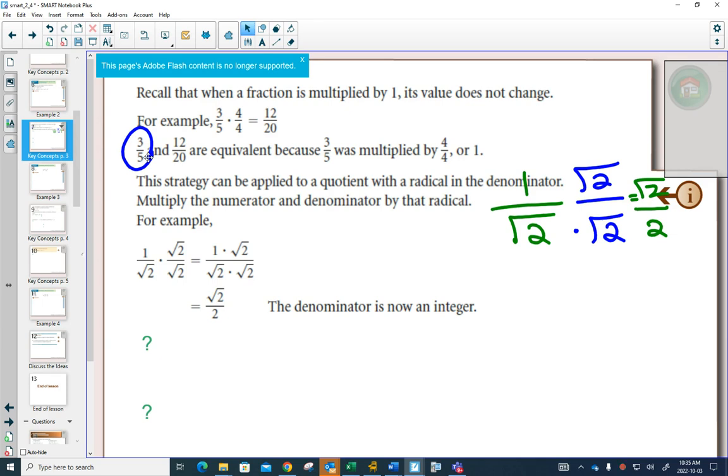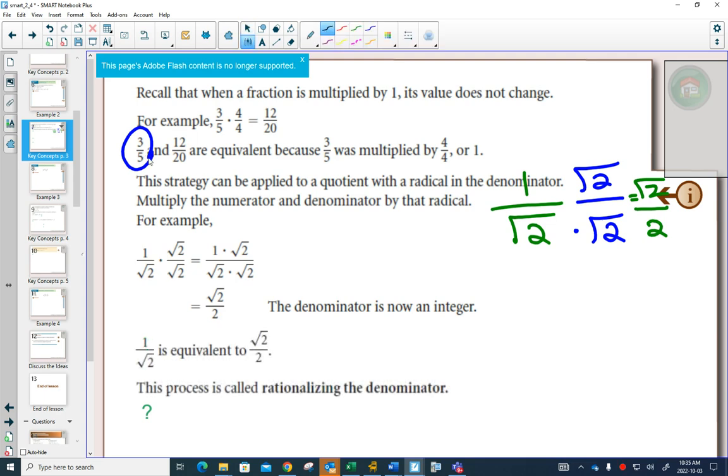Technically today, you can type 1 divided by square root of 2 into your calculator. You can type the square root of 2 over 2 into your calculator and get an answer just as fast either way. Okay? But we still have this idea present in math that we always want to have the denominator be a whole number, and we call this rationalizing the denominator, which I was going to highlight,